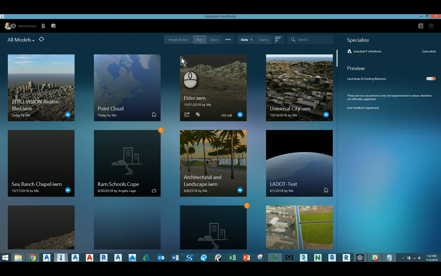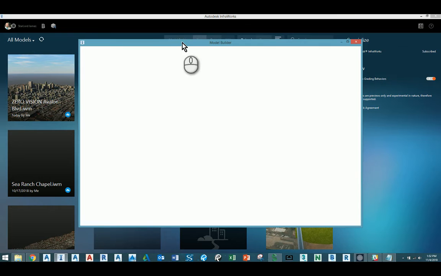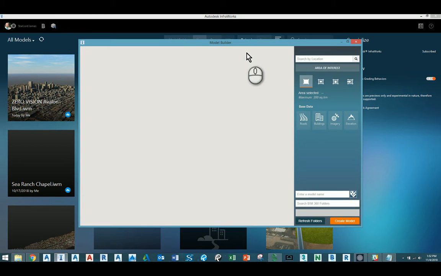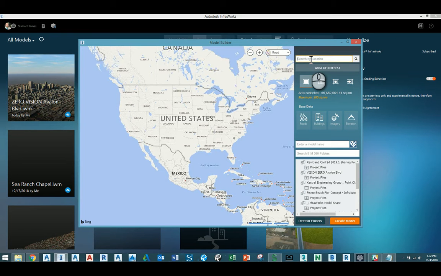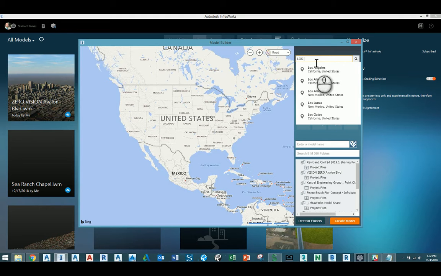I'm sure most people have seen Model Builder by now, but just in case you have not, just to quickly make a model, you go to Model Builder, it must be connected to the internet. You'll type in an address or location. I'm just going to type in Los Angeles. Actually, I'm going to type in Avalon